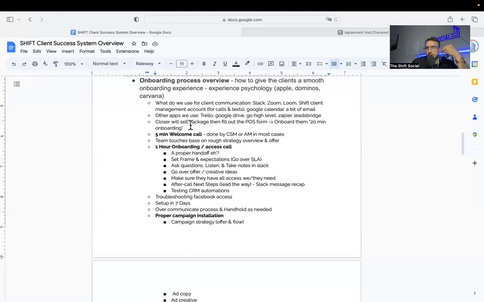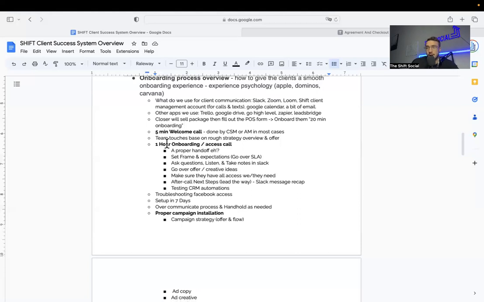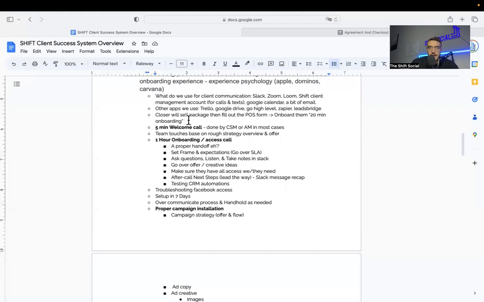But in this one, it's going to be about the client experience. So if we can onboard them right at the point of sale, that's perfect. And then by filling out this form, that starts to set the process in place. And then if we can, we onboard them. And if I can, I'll even try to get the access right there and then. So that sets the process out. When somebody sends in the onboarding form, that's what's going to set all the zaps and triggers and everything in place. That's going to start sending out the